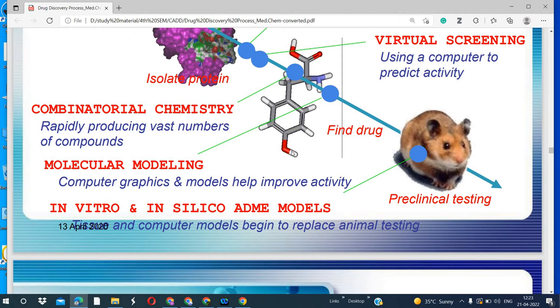We can also visualize the complex structure of the molecule, like how the drug compound is docked with the target molecule, the protein molecule. We can identify the interaction between the drug and protein compound: hydrogen bond interaction, ionic interaction, different types of interaction. There are many tools for identification of interactions, like van der Waals interactions, hydrogen bond interactions, electrostatic interaction. These interactions play an important role in drug binding, how the drug binds to the protein molecule, the target molecule. So that is very important.